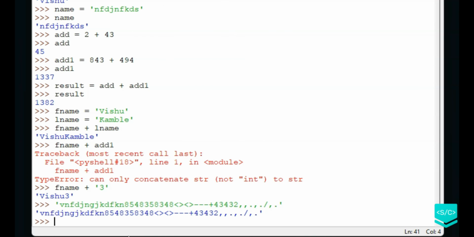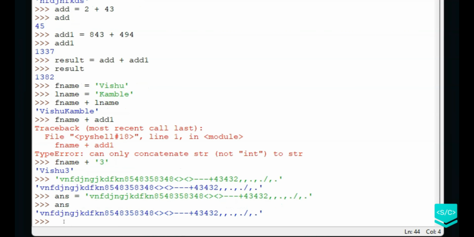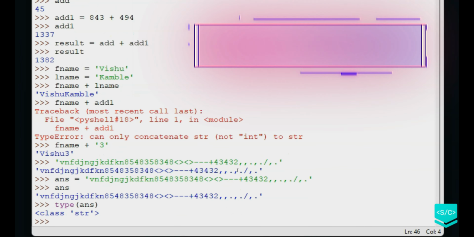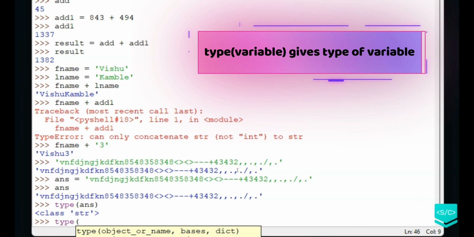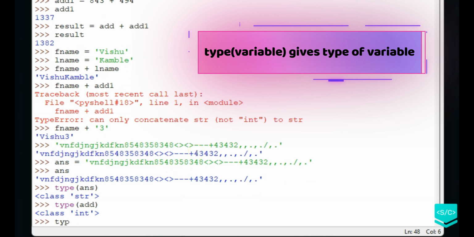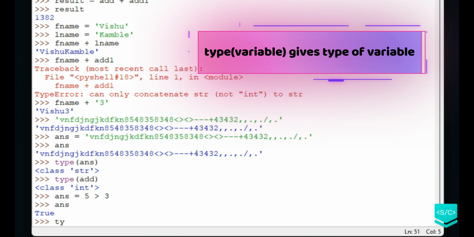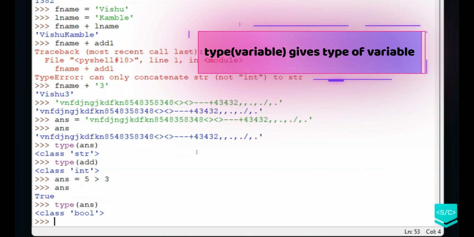And the way you find this out is, let me copy this and I'll store it in answer. So answer is this random stuff. I can use type. I will put type and put answer because I want to know what type of variable this is, and it is a string. Similarly, I can do type of add and it is an integer. Let's do answer equal to 5 greater than 3. Answer is True. So let's do type of answer, that's a boolean.